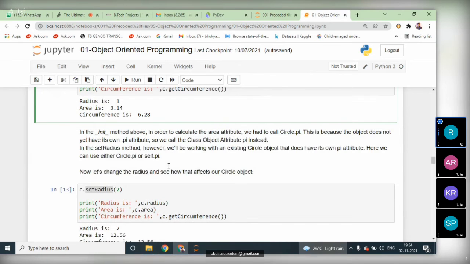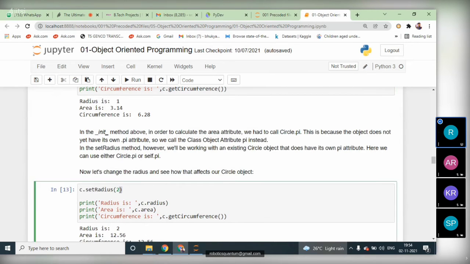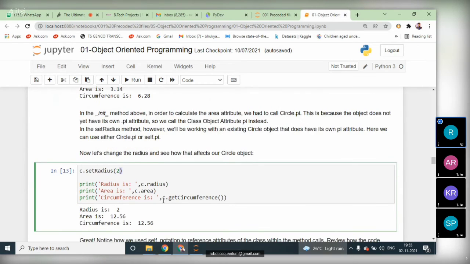The radius we are passing here is 2. 2 into 2 is 4, 4 into 3.14 gives 12.56. For 2 pi r, 2 into 3.14 into 2 is 4 into 3.14, so we get 12.56 again.